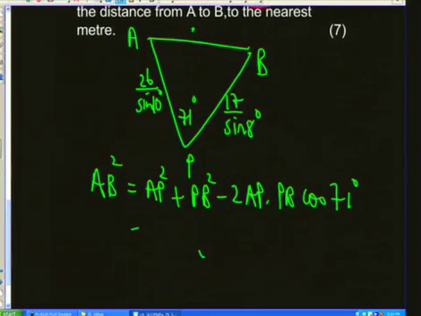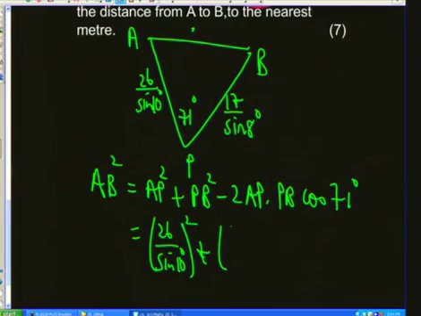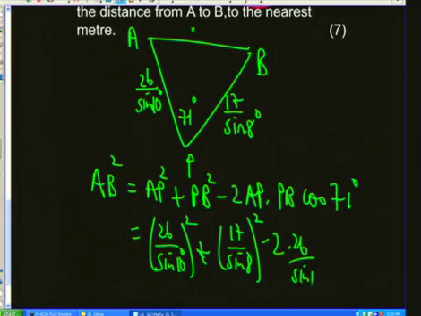So we have AP is 26 over sine 10, and we're going to square that. Plus PB is 17 over sine 8, and we're going to square that. Minus 2 times AP, 26 over sine 10, and 17 over sine 8. And we're going to multiply it by